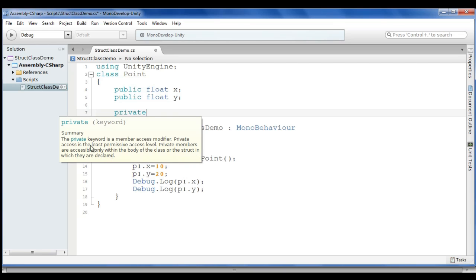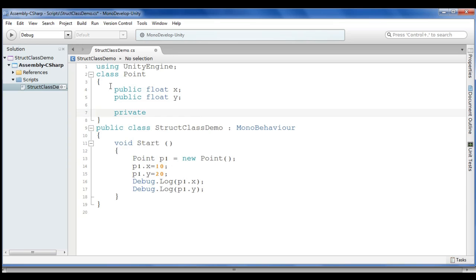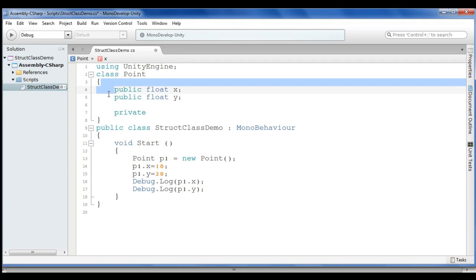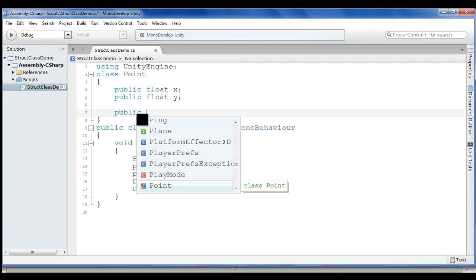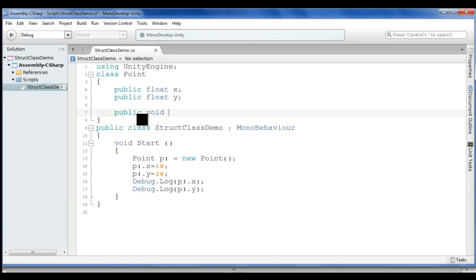Okay, they are accessible only within the body of the class or a structure. Body means this whole block, right? This is the body of the class. Now here I am making public, and it is a setter, so it is not going to return anything back, and the name of this method is going to be x or set x. Set x method takes one value that is going to be used to set the x